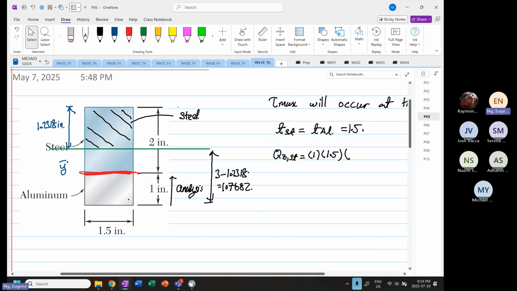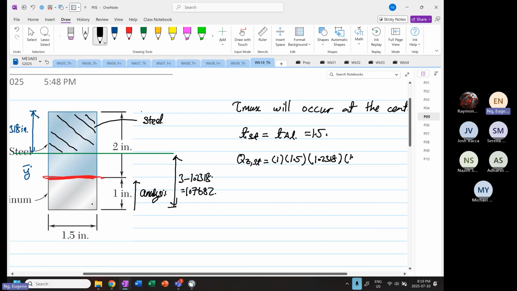The depth is 1.2318, multiplied by 1.2318, divided by 2. So this is equal to 1 times 1.5 times 1.2318 times 1.2318 divided by 2, which is equal to